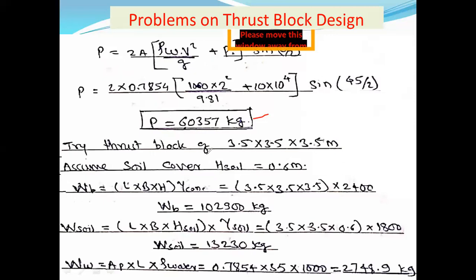Now what we are doing here, we are assuming the dimensions of the block, arbitrarily. Any value you can assume here. And here we are assuming the length, breadth, and height of that thrust block as 3.5 by 3.5 by 3.5 meter. And by assuming these dimensions, here we will find the value of PR. If this value of PR is coming greater than or equal to twice the value of P,